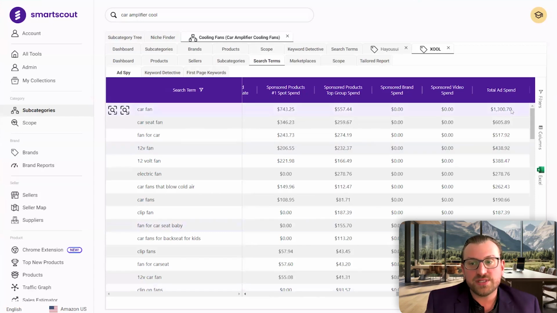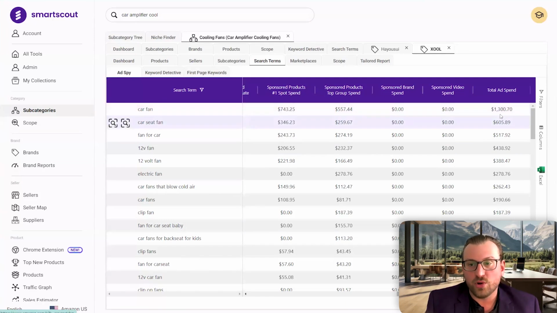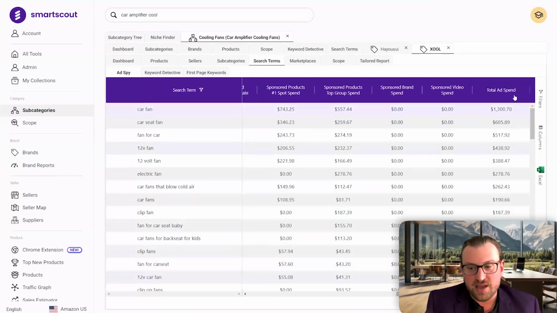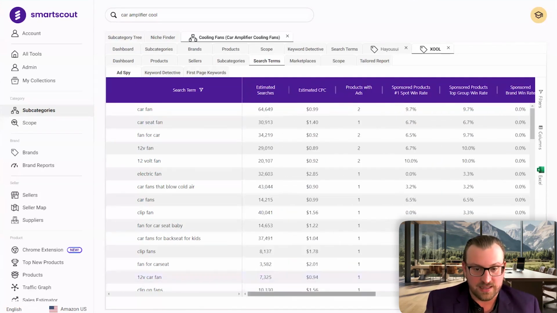They're doing, okay, so we see $1,300 here for this top keyword, a little bit more long tail, 600. These numbers here, I could export this and put it in Excel and add it all up. But I like to see this because this actually is manageable. If we go to another category, like something in the supplement space, you'll see numbers here like $90,000 a month. If I don't have that kind of budget to jump into the category, it's not going to be worth playing. But these numbers help, and I think this could be manageable.